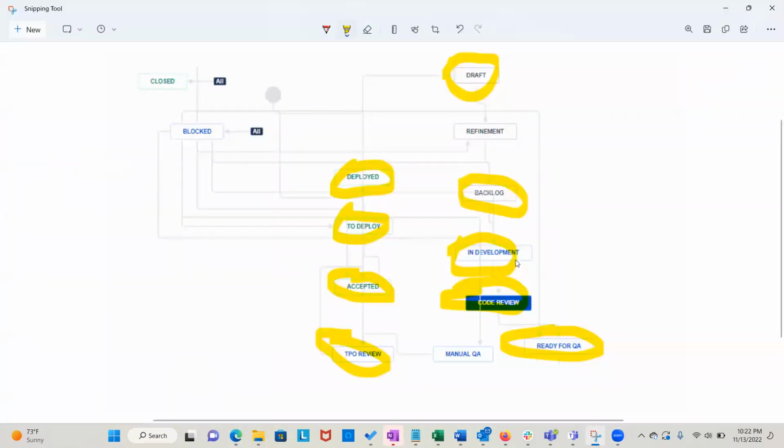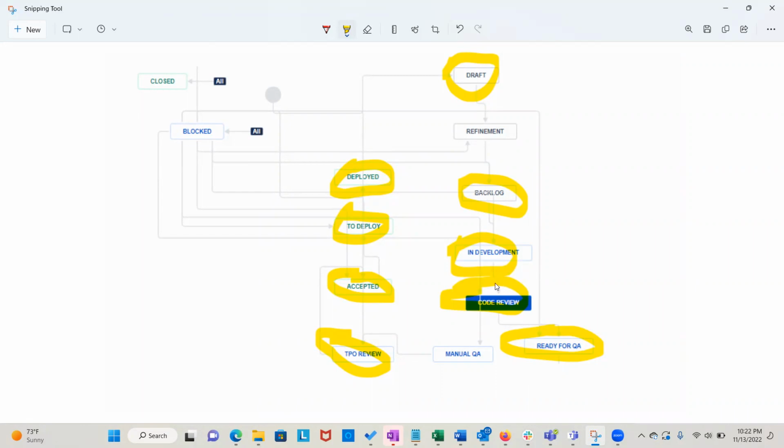Right? In development is nothing but the developer is working on it. In development means it's in progress. Developers are working on it. Then code review. When a developer finishes developing a ticket, whether it is a story or a bug, an individual is not allowed to say, okay, I fixed it and it's fixed. The industry standard is they have to have another person reviewing their code, because they write code and somebody needs to review the code. So this is the code review status.